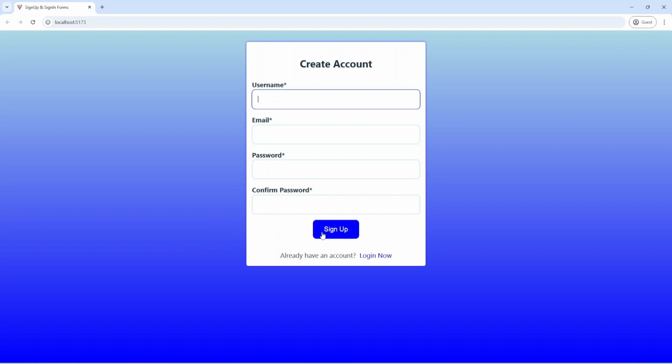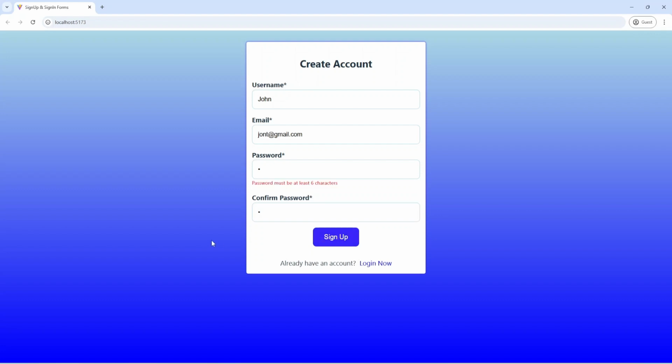If I just press sign up, it shows me that I need to provide username. Let it be John and email, and I need to provide correct email at gmail.com and password will be 1 and also 1 and I need to provide at least 6 characters.